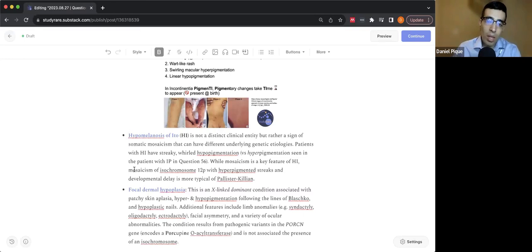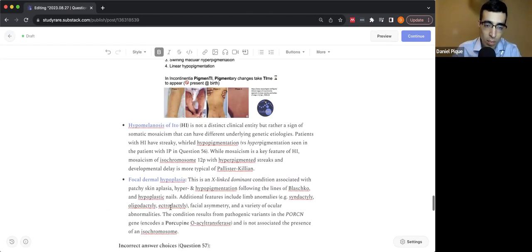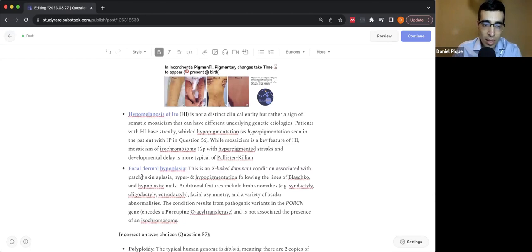So again, this illustrates a general principle about mosaicism, and particularly when you see it in the skin presenting as some of these streaks or whorls. You really want to be thinking about some kind of mosaicism if you see that in the clinic or on an exam. Okay. The last condition we have here is focal dermal hypoplasia, also an X-linked dominant condition, as with